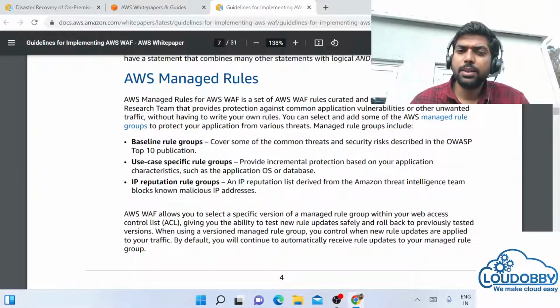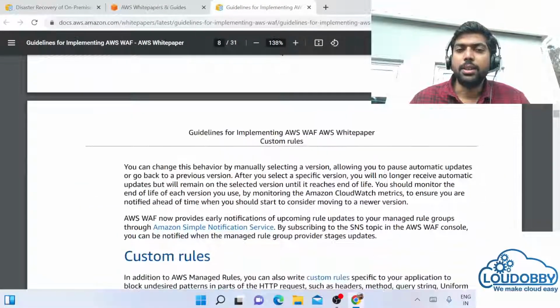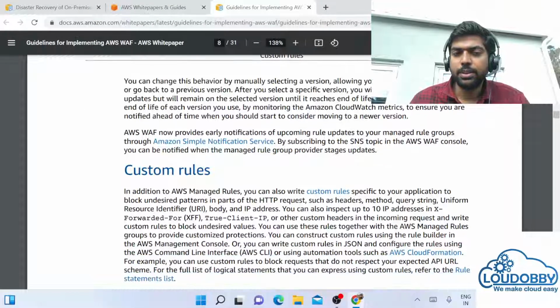By default, this will be automatically there. We need to change the group when needed. As I mentioned, based on the WAF, they already have some rules when you deploy this service into your application. You can also set notifications using an SNS topic, Simple Notification Service, so that when something happens, it can notify you, and eventually monitoring with CloudWatch as well.